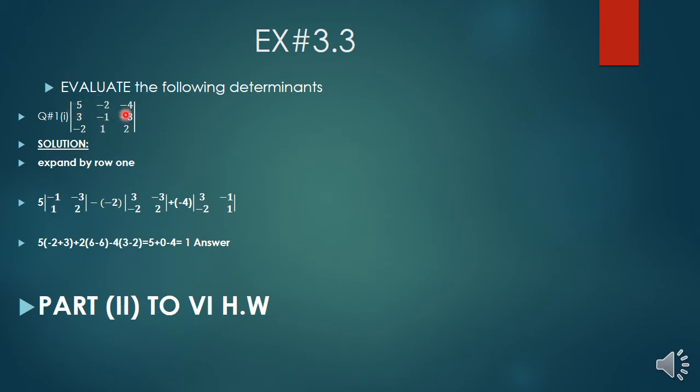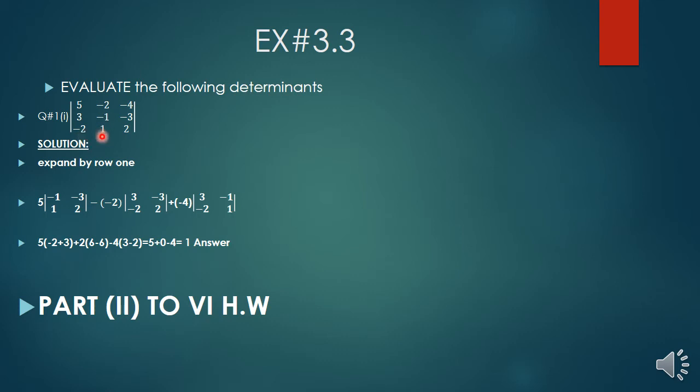Now this column and this row is eliminated, then what are the entries left? 3 -2, so we write 3 -2, and here is -3 and 2, and student, then plus sign of formula. Then what is the last entry? -4. So student, you can eliminate that row and that column.